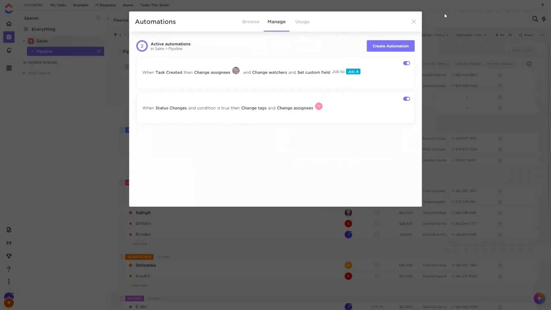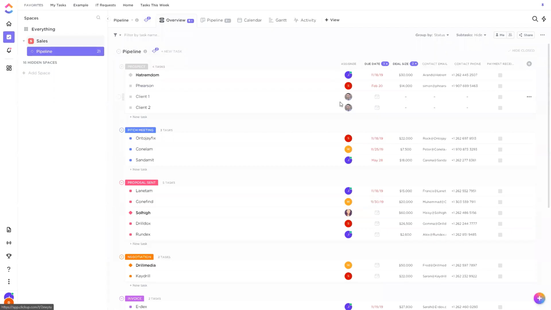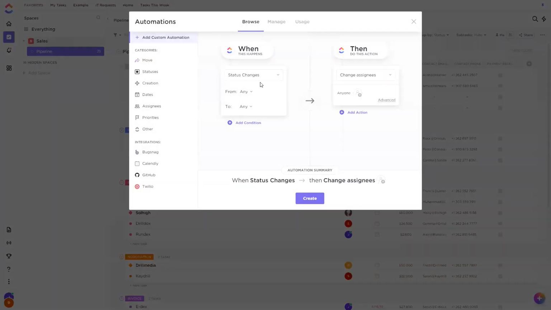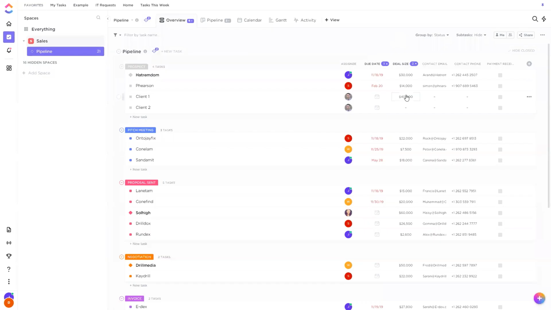Now, that will only trigger on that status change. So if I put in, say, 40,000 here, it's not going to trigger the automation because the trigger event, status change, hasn't happened. Now, we could set up a different automation with the custom field being the trigger, but we don't have greater than options here. It'd just be like to a specific number, so that doesn't work well. Better to have it as a condition, and then anytime that the